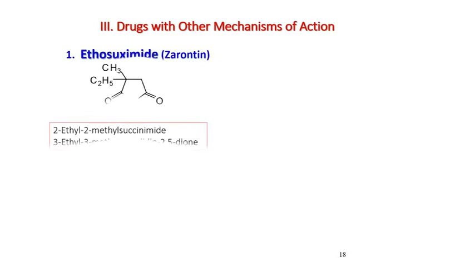The third subclass of anti-epileptic drugs is known to be drugs with other mechanisms of action than GABA potentiation or sodium channel inhibition. We can find the first one here in this class, the famous derivative, which is ethosuximide, used mainly to treat petit mal. And as we can see, it is the carbon isoster of Phenytoin. It is a succinimide